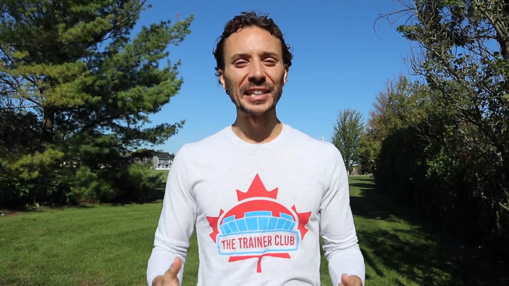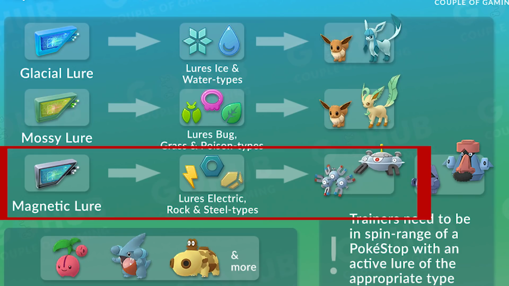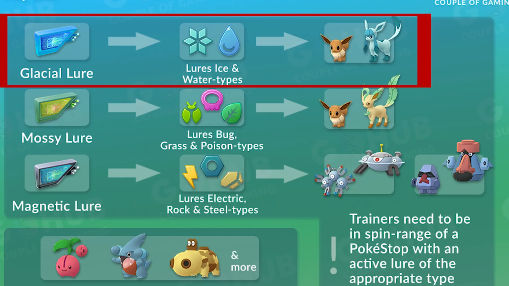And then that brings us into tip number 2, which is going to be having your premium items set up to maximize on all of the bonuses that are included. Obviously, the lure modules are going to go for 3 hours, which brings us to, what lure modules do we use? So officially, unofficially, the boosted and the premium lure modules, including the mossy, the magnetic, and the glacial lure modules, do not technically spawn